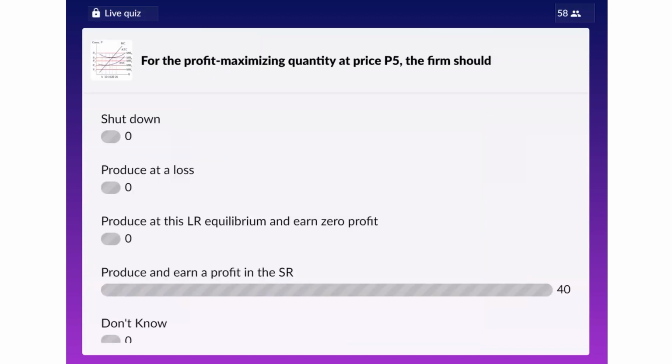Yeah, so the majority of you say you should produce and earn a profit in the short run, and that